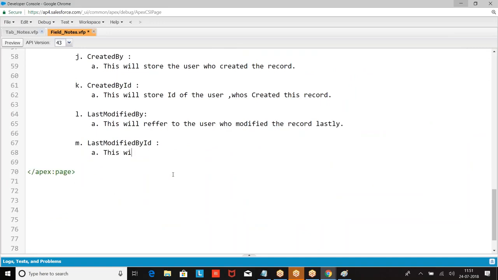This will refer to the ID of the user who modified the record lastly.